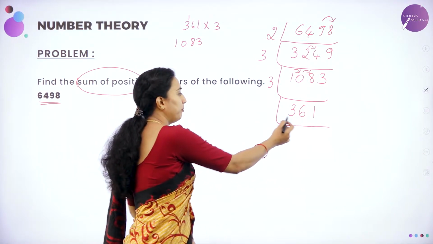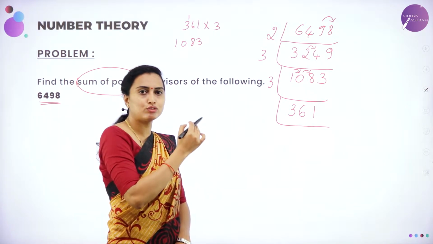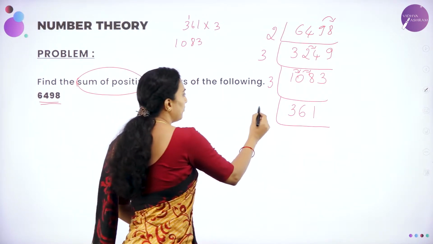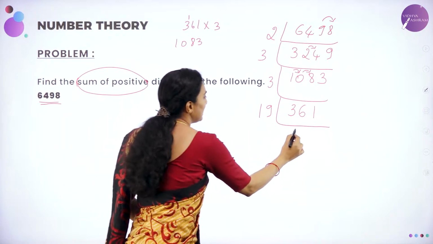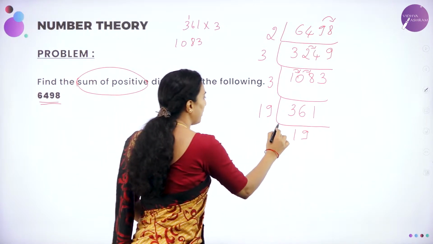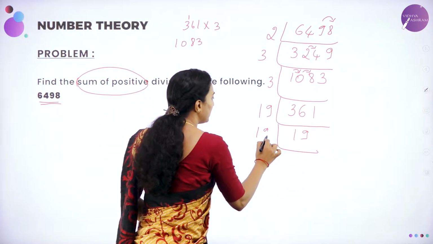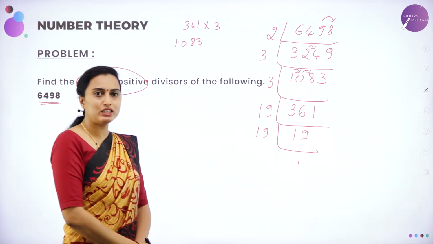So this cannot be divided by 3 also, 5 also, 7 also, those are all prime factors. It can be only divisible by 19, which is a prime number. So 19 19s will be 361. Again 19 is a prime number which is divisible by only 19. 19 ones are 19. So what are all the prime factors you can write for